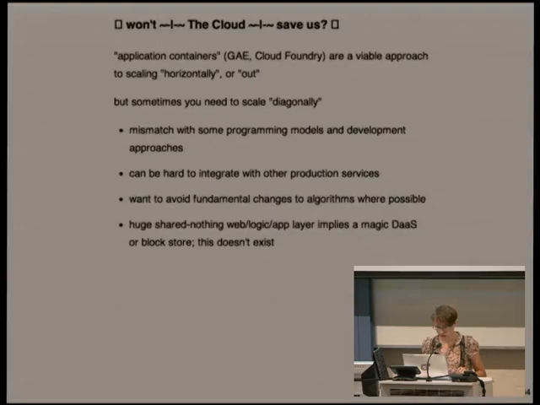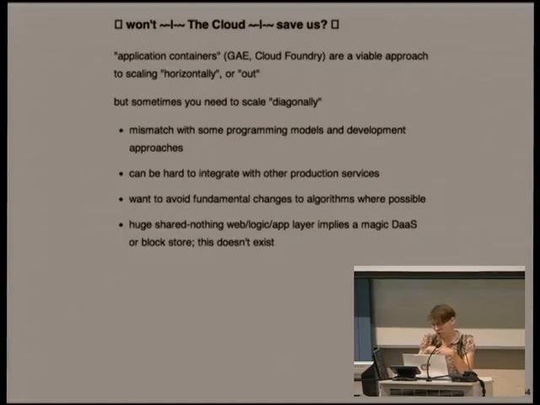That's fine. So the cloud. Why won't the cloud save us? I can't really remember what these are. Oh, that's right. These are both just up arrows as well. So people say, well, you don't have to worry about how scalable your application server is. Just package it in Python or whatever, and you can run it on Google App Engine or on Cloud Foundry, which is open source. And you don't need to worry about provisioning and things like that.